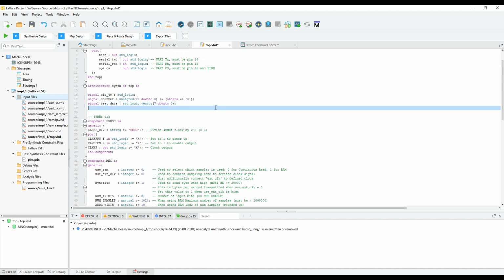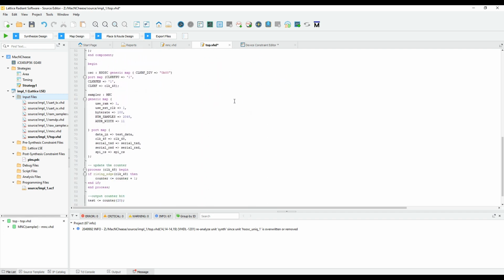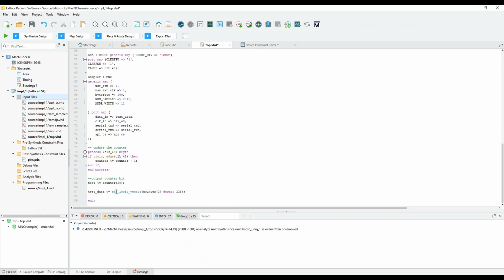So I will create a signal right here, signal external clock, and std_logic is the type for this value. And as this is a counter, in order to get these 8 bits incrementing once per read, this external clock value should be mapped to counter